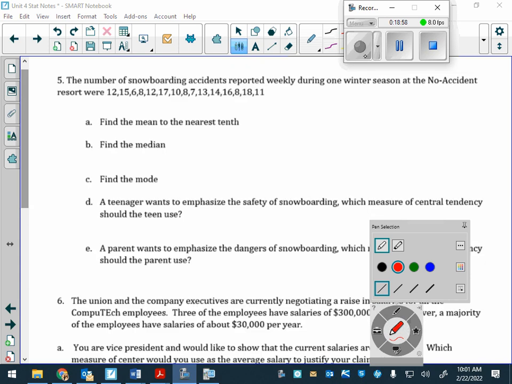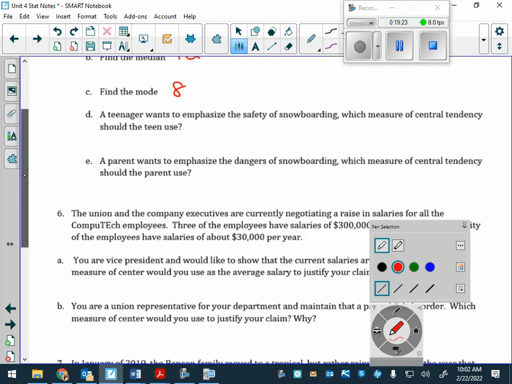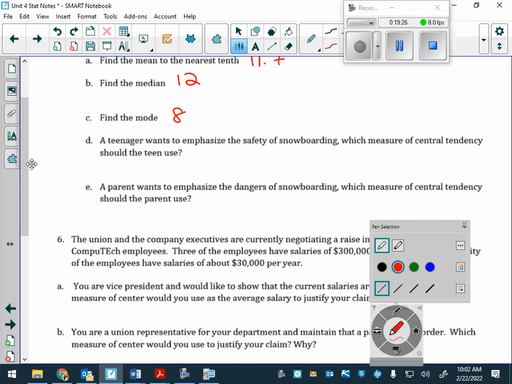All right, let's go through this. So what is the mean for number 5? Riley? 11.7. Good. What is the median? 12. Good. What is the mode? 8. Good. Okay. So a teenager wants to emphasize the safety of snowboarding. Which measure of central tendency should the teen use? Excellent and perfect explanation. The mode